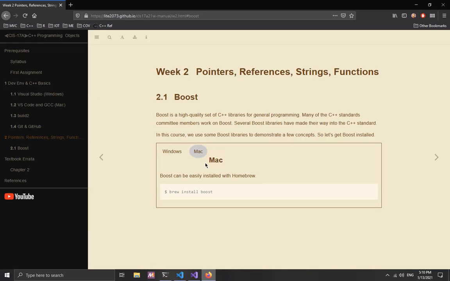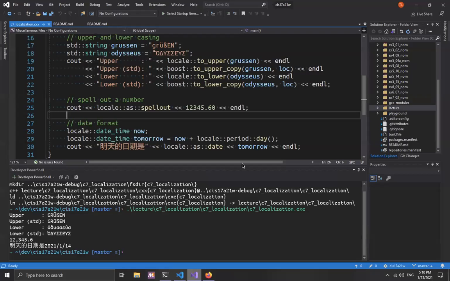Okay, so for Mac, previously you have installed Homebrew, which is a package manager for Mac, and you used Brew to install Boost. So that's it. That's all you have to do. Now, once you have Boost installed, the instructions for getting that